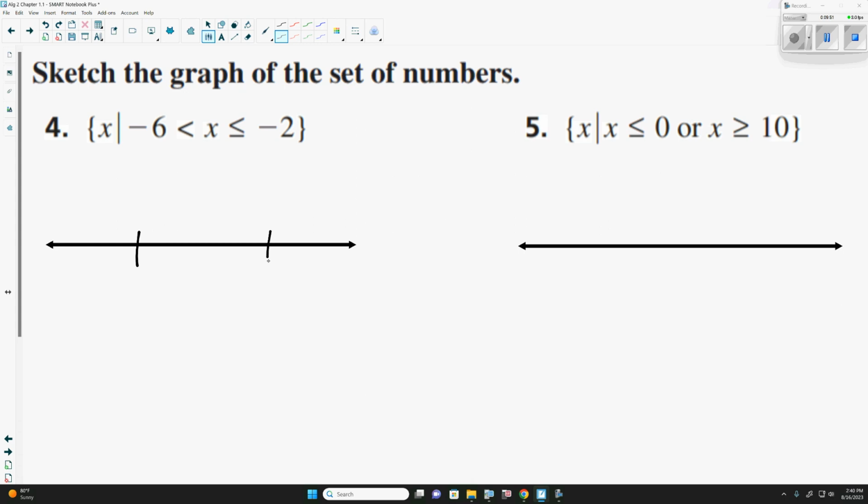So the one on the left would be what? -2. That's one of the things I do ask when putting this together, is that you do make sure they're in the correct order. Smaller number on the left, bigger number on the right. Negative 6 would be open. And then we would,